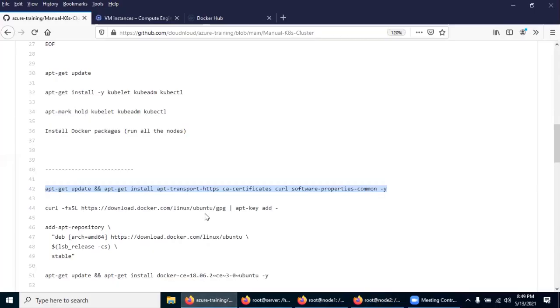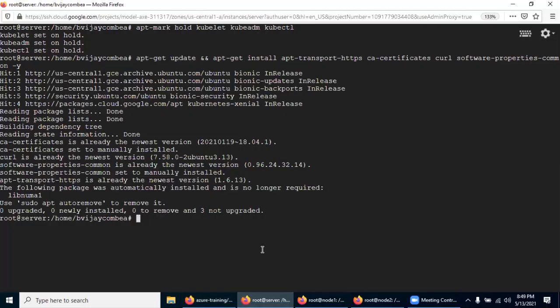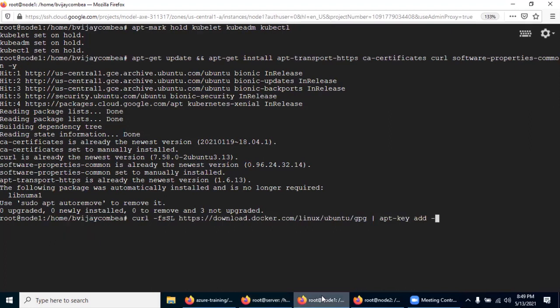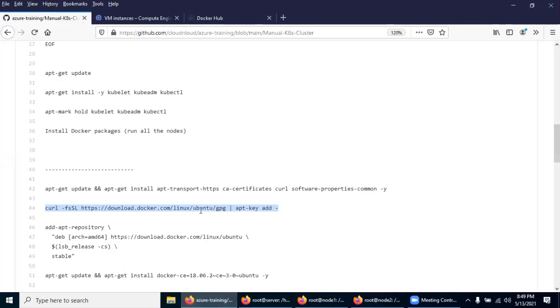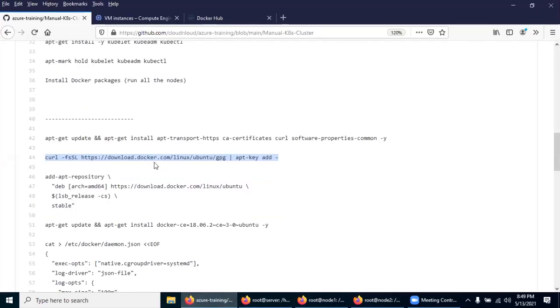The prerequisite is the same as before, the GPG key, which we are initializing. The idea is that I prepared everything in the GitHub so that by seeing this video, you can also have the hands-on.